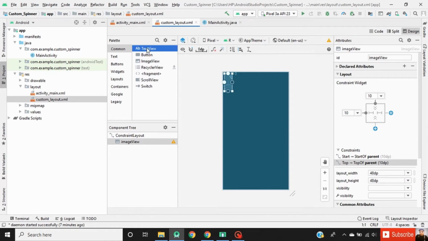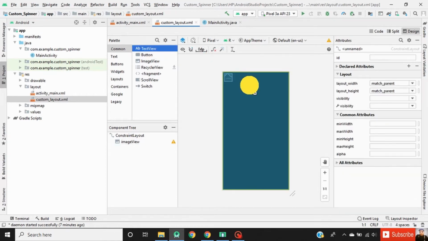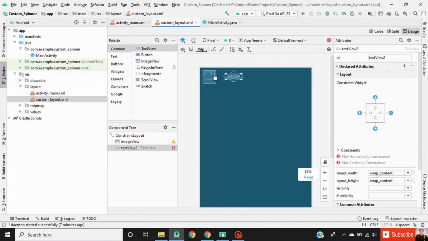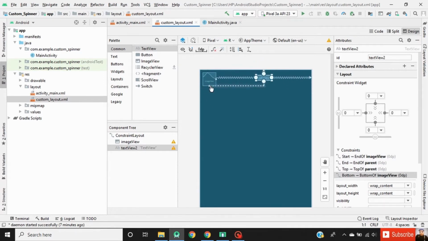Now drag a text view into our layout. Define constraints for this text view. Set the margin to this text view.